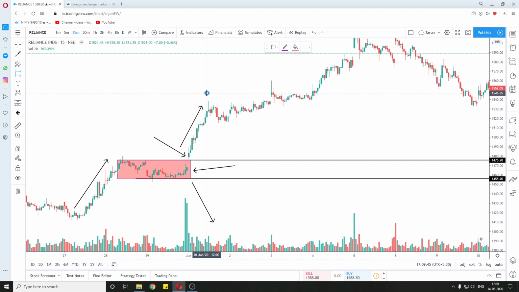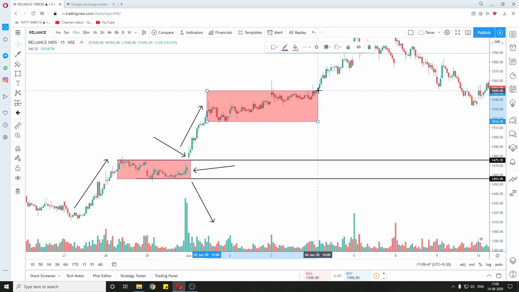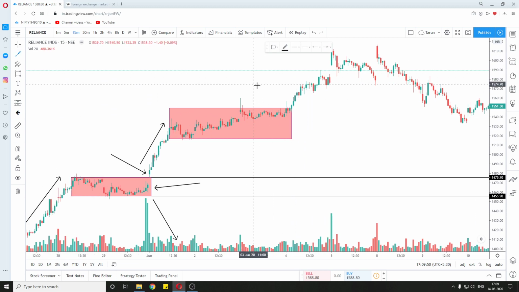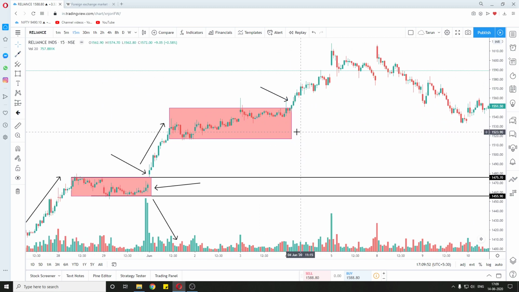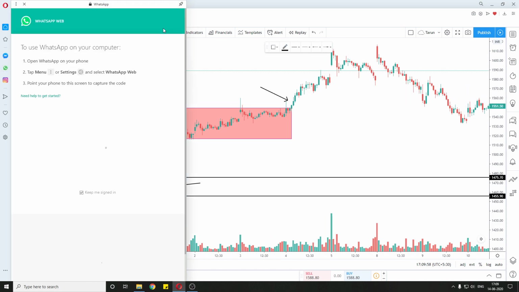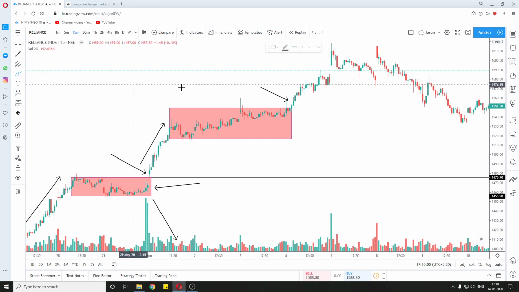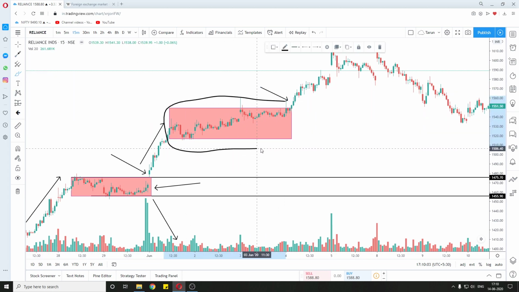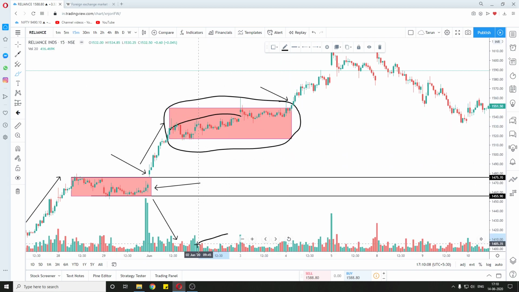Now we get one more accumulation phase, this phase. Now we get another breakout, the price starts increasing again. So this tells us again that this entire area, I'm talking about this area, this entire accumulation, this small movement with low volume, you can see that the volume is very low, is for buying. The big players were accumulating buying positions. If they were accumulating selling positions, the breakout would have happened from the downside. So we know that this volume was for buying.